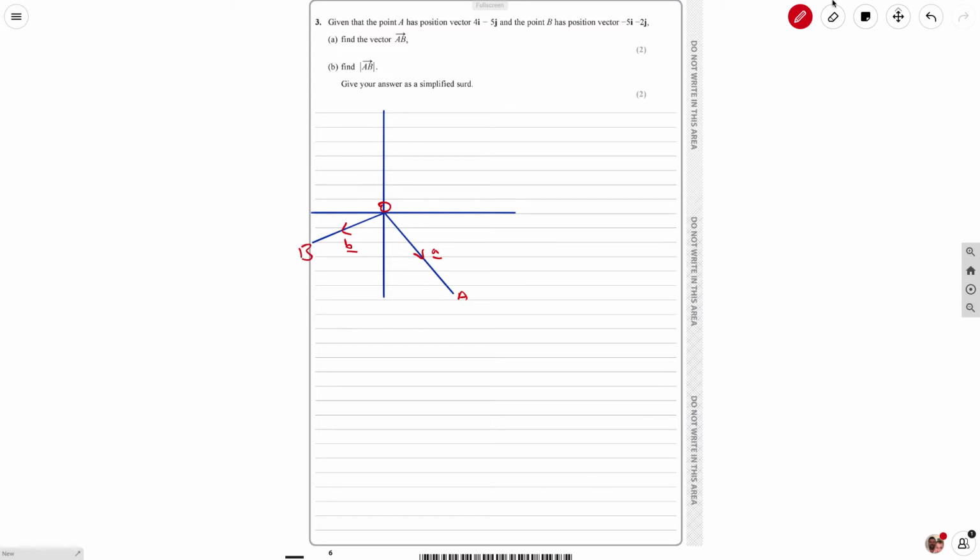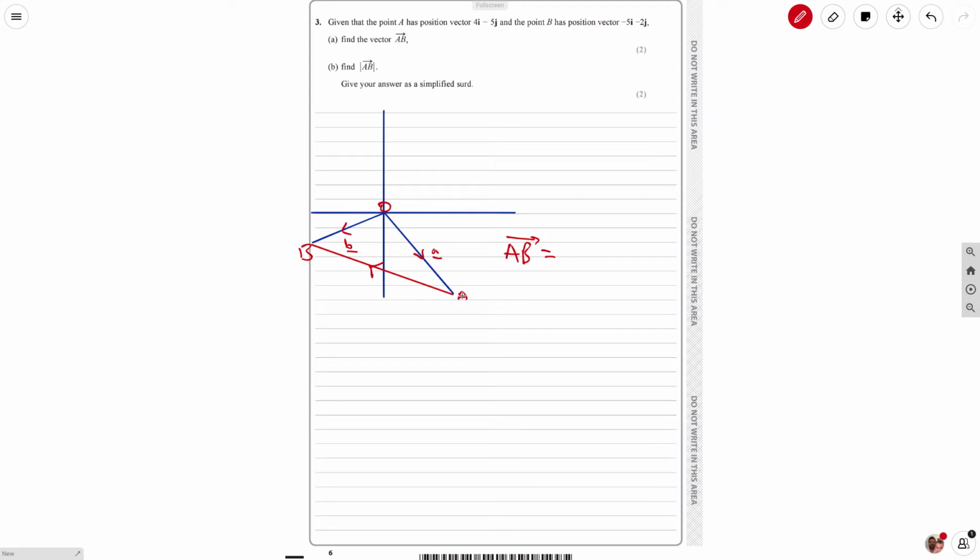So clearly from this diagram you can see what they mean by finding the vector AB. We're going to be finding this vector here. Okay, if you've drawn this triangle out a few times, what you learn from this is that there is a kind of shortcut for finding the vector AB. There's a couple of different ways of seeing this, but the shortcut really is that, well, let's do the longer